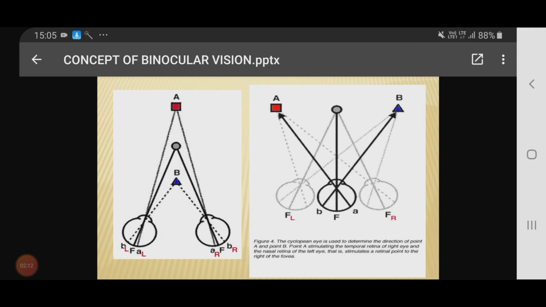Now these visual directions, or the visual axes of both eyes, will meet at a single point, that is the object point. As it is so, there will be a single image formation in our retina. So this is all about our corresponding retinal points. For our corresponding retinal elements, we can see the image of any object to be single. There is not only a single pair of corresponding retinal points, there can be thousands and thousands of corresponding retinal points forming a single image where the two eyes' visual directions are meeting.